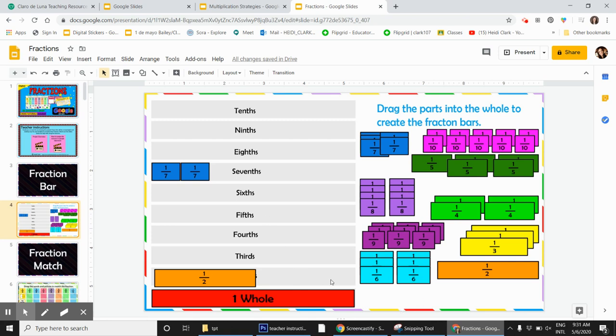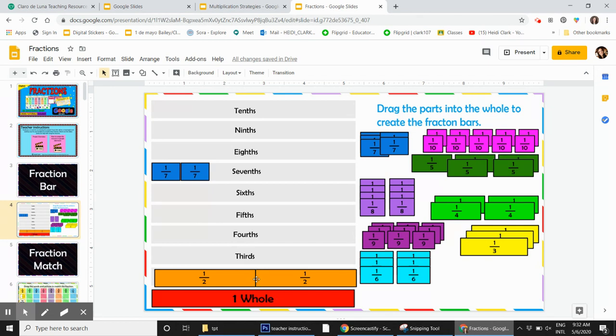To complete the fraction bar, take your time and drag these pieces into the boxes. So the background here is one whole. We're always trying to build one whole, and the question is how many parts it is split into. So for example, one whole is an entire bar, but halves are split into two, and thirds are split into three. So you should have three different parts that you can pull into this bar to create the whole, and